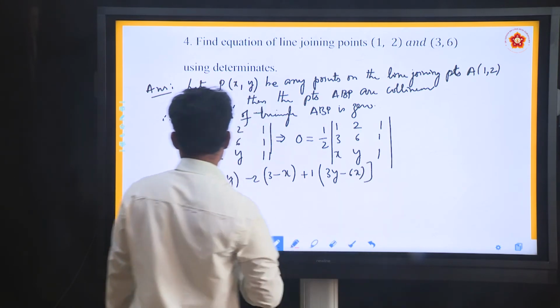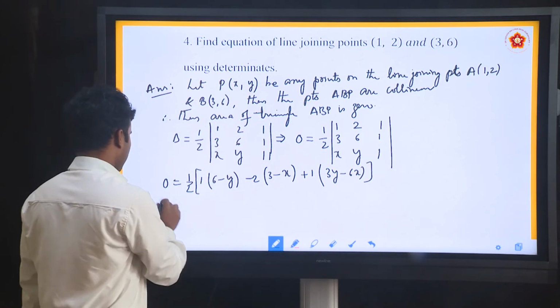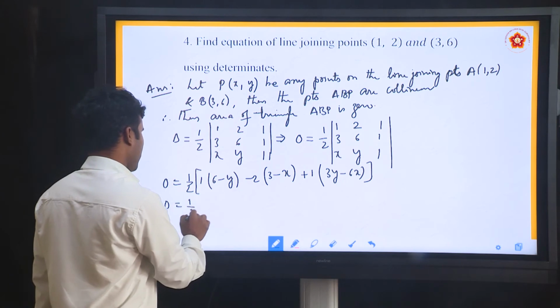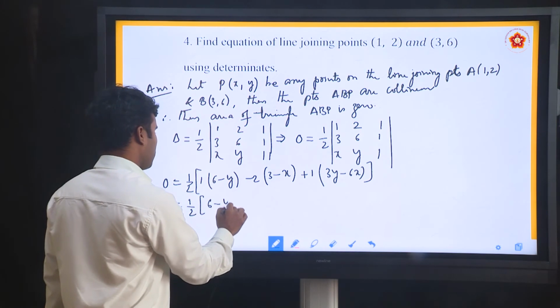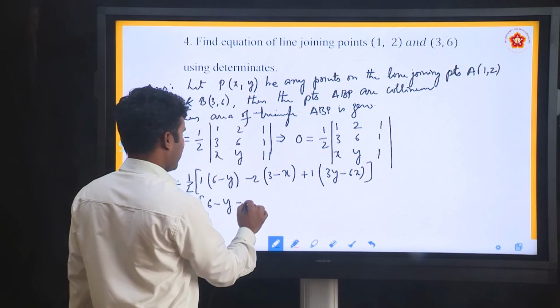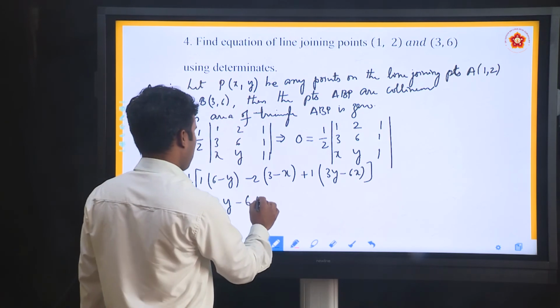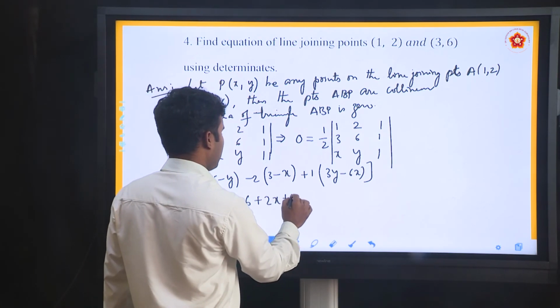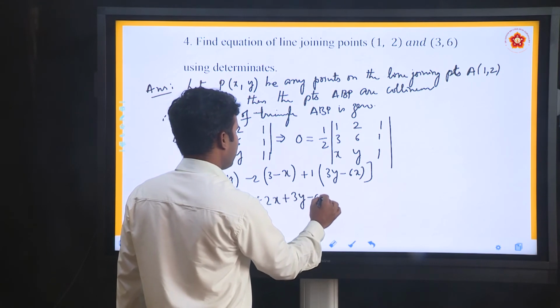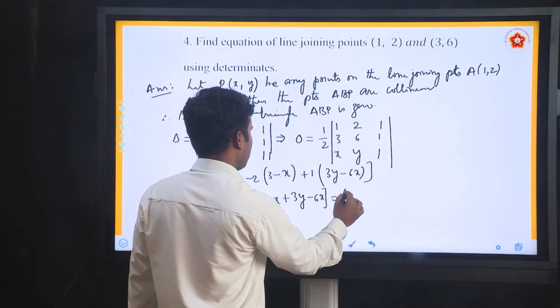Now as you know, 0 is equal to 1 by 2 into 6 minus y minus 2 into 3 is minus 6 plus 2x plus 3y minus 6x, which is equal to half